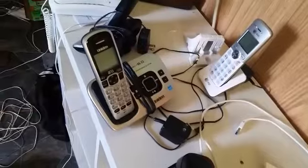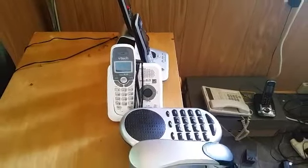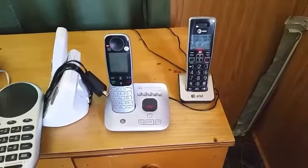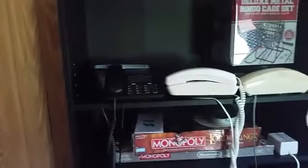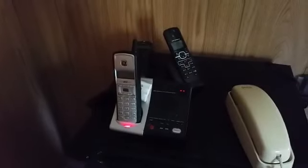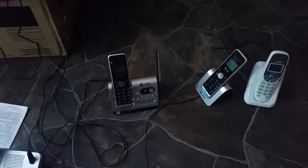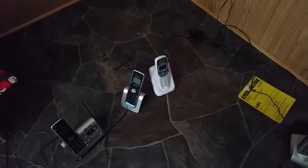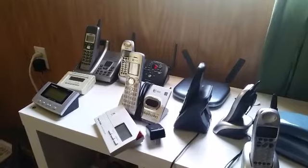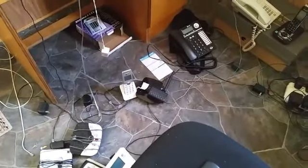I have the Uniden D1780-5, the VTech CS6829, the VTech CS6124, the GE30522EE3-A. By the way, this is the corded speakerphone base unit over there, the Motorola L705CM, along with its handsets right over here, especially the one handset right over there. The GE25951E1-A, whoops, the ATT TO92328 base unit, along with the third handset, and finally the second handset, the ATT EL52303 base unit, with the third handset, or the second handset, and finally the third handset right next to the